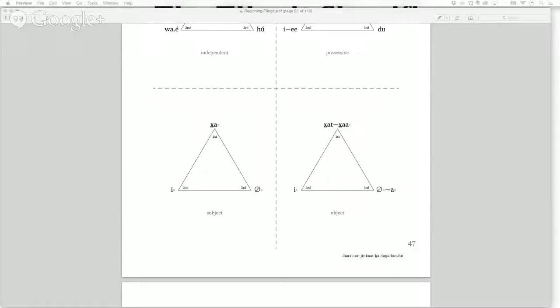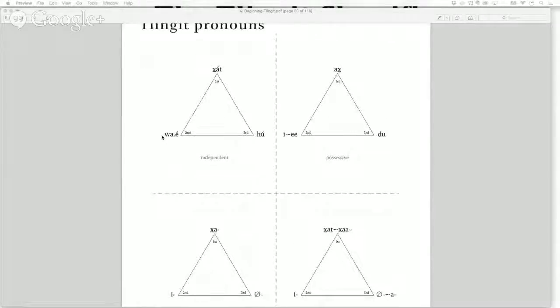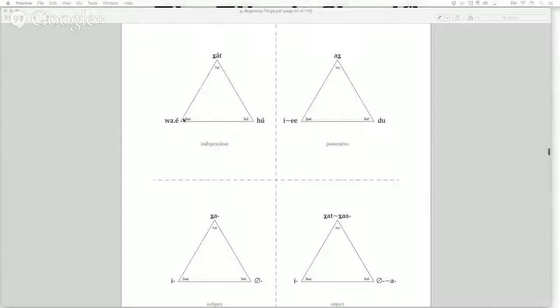So we're just doing a little bit of a review here, jumping back to our pronoun triangles. These are the singular versions that we're looking at. We're going through these things. We would call this